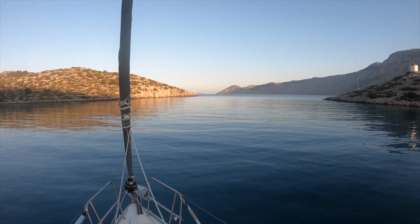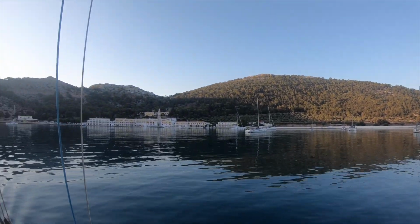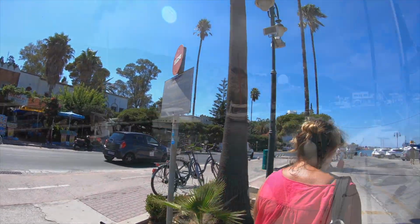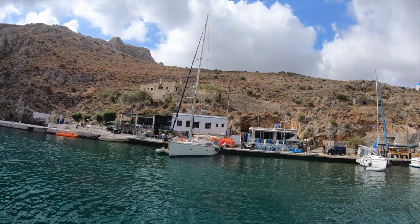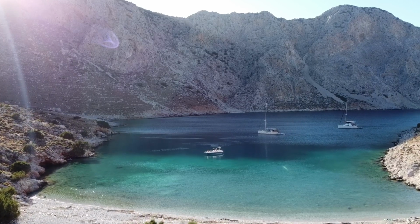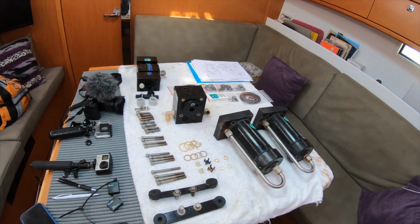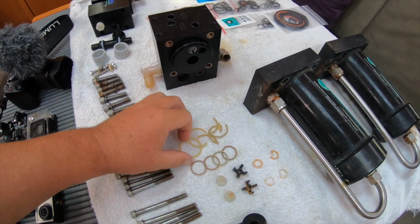This week's video, we leave Monastery Bay. Flat seas, little bit of breeze. We check into Kos. Once we got in there, wanted all our documentation again. We go into the place on Kalymnos that they call Little Norway, and we find another very peaceful and quiet anchorage to sit out a Meltemi. And we strip down the water maker, which has been giving us trouble for the last 2 weeks. The issue, and it's these O-rings here. They're not actually